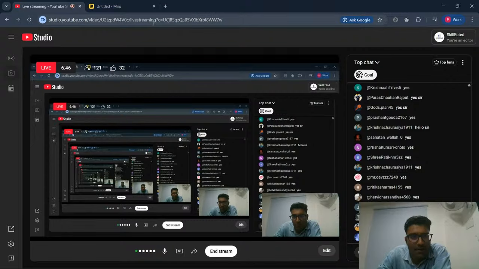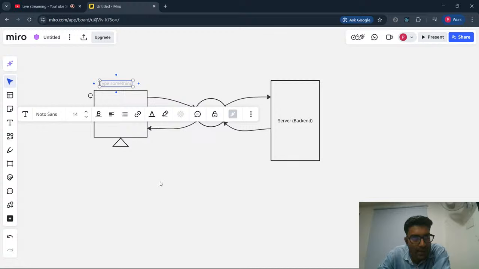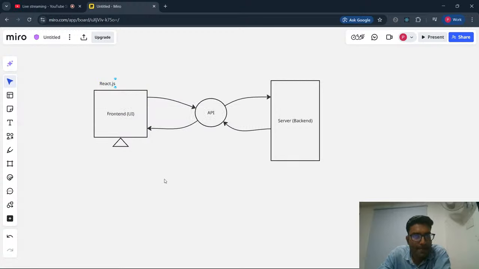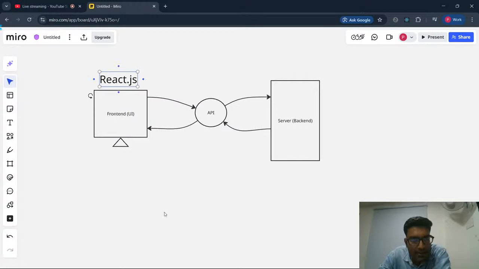So now what we have to do? We will create our front end with the help of React.js. So we are going to create a UI, user interface. Then we are going to use one ready-made API, which is connected to some server for data fetching and all these things.